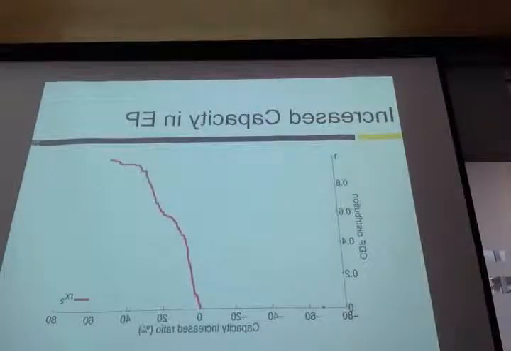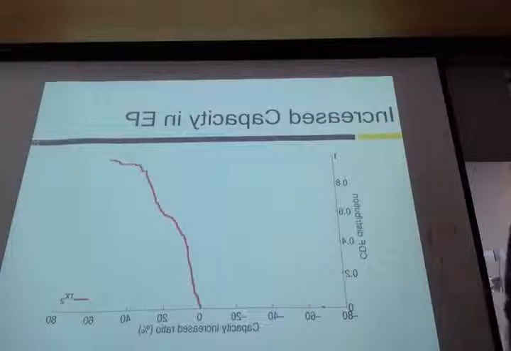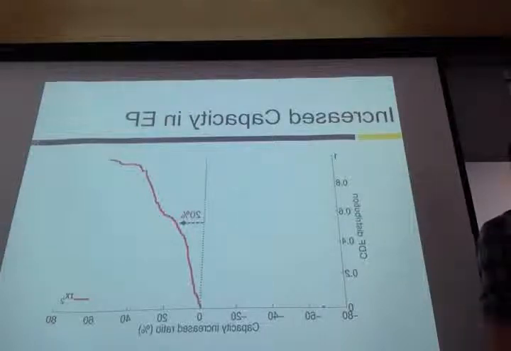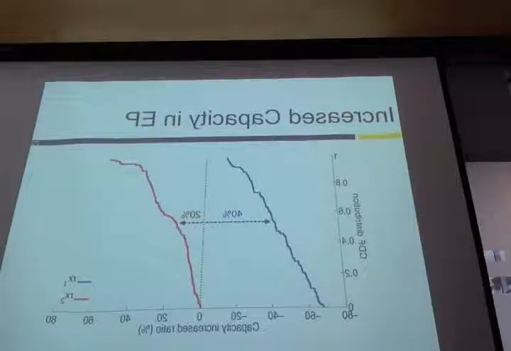The answer is true. In the EP scheme, on average, the receiver that treats the CSI properly, with W parameters smaller than 1, can have a 20% capacity gain. This is significant for one transmission, and this 20% gain is actually stealing power from another receiver. So for receiver 1, there's a 40% degradation in their capacity.